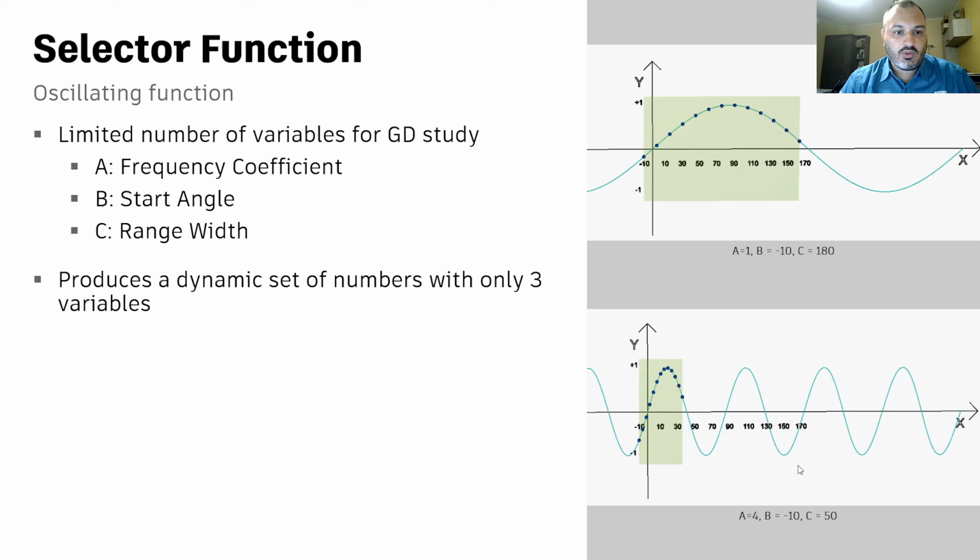And what this is going to do is that letting the generative design study changing these values is going to, for the same amount, in this case, of variables required, produce different values along the y-axis. So this gives us some control and will allow us to not clutter the generative design study type in order to solve a more complex problem.